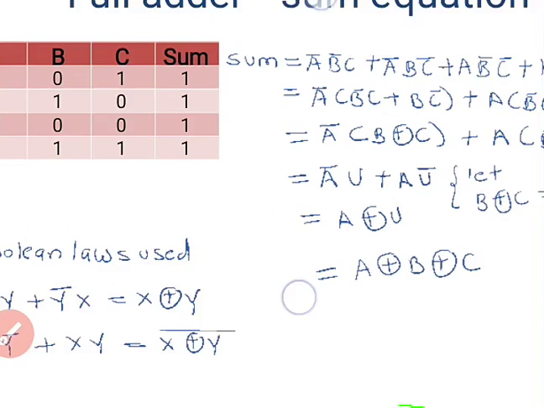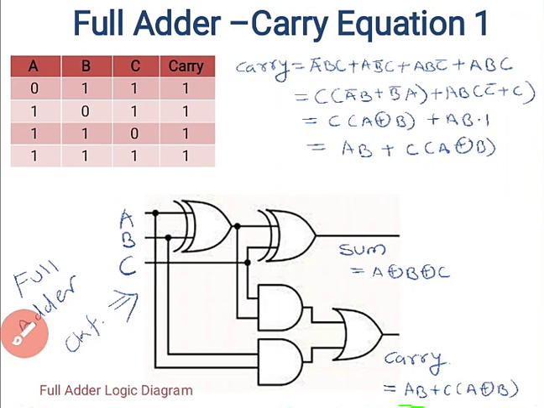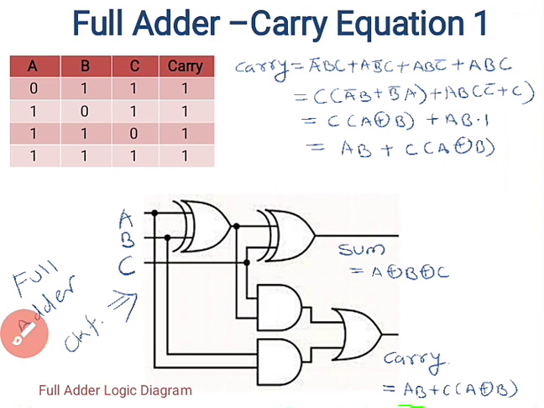So here the sum is 1 where, you can say, the input combinations have an odd number of ones. So this is the trick: for 3-bit addition, if an odd number of ones are there, then sum is 1. For the carry, you can observe that if an even number of ones are there in the input, carry is 1. Otherwise, if all ones are there, then also carry is equal to 1.